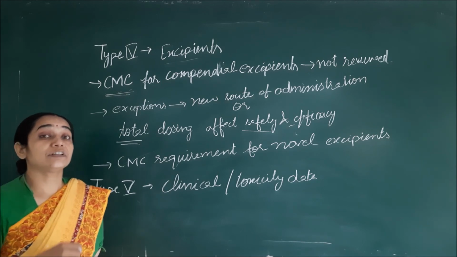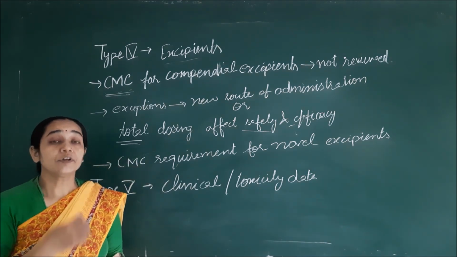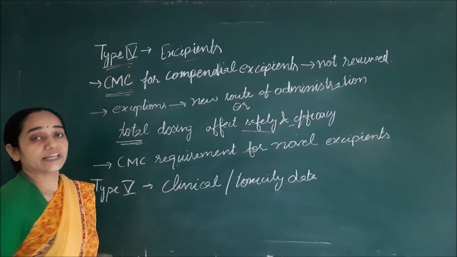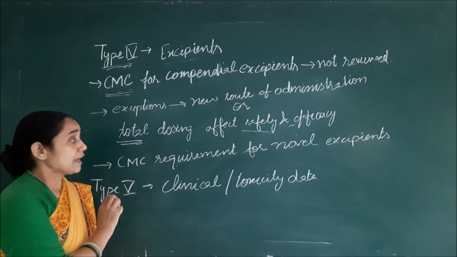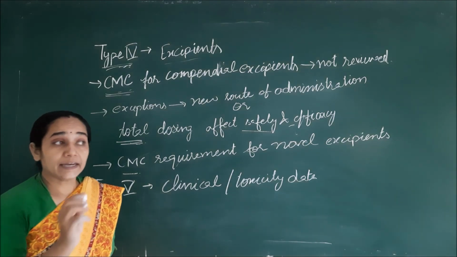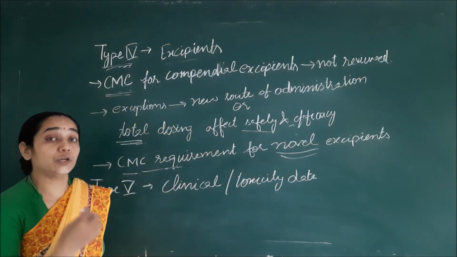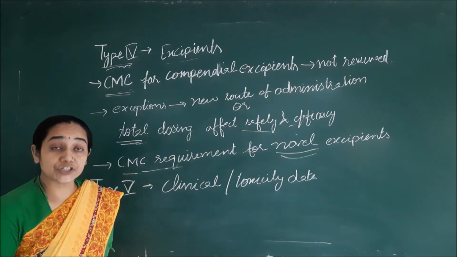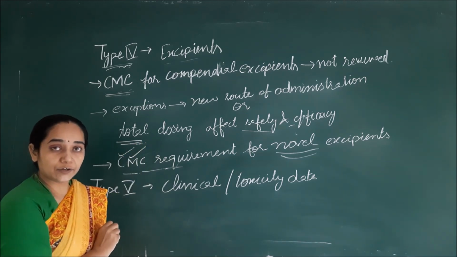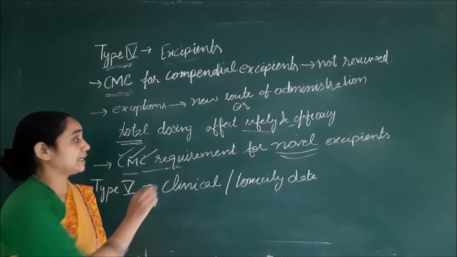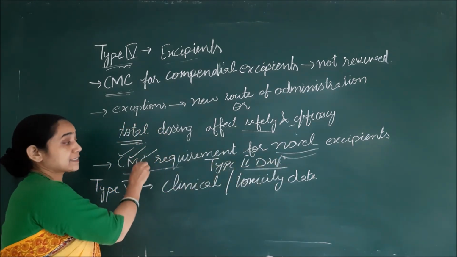So, under these conditions, if a particular dosage form has a different route of administration from that stated for the excipient in the earlier DMF, then obviously we will require a type 4 DMF of the excipient. Or if there is an alteration in the dose, then again we will require a type 4 DMF for the excipient. And if any excipient that will be used is novel in nature, with certain applicability, then it will require a type 4 DMF, and in that type 4 DMF we will supply all the chemistry, manufacturing and control requirements for this excipient, as stated in the type 2 DMF, uniformly stated in this type 4 DMF.